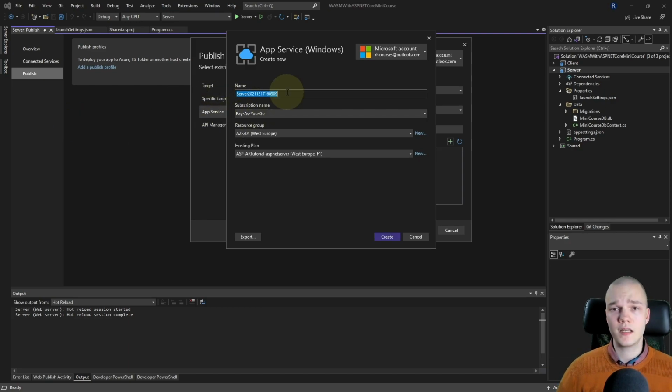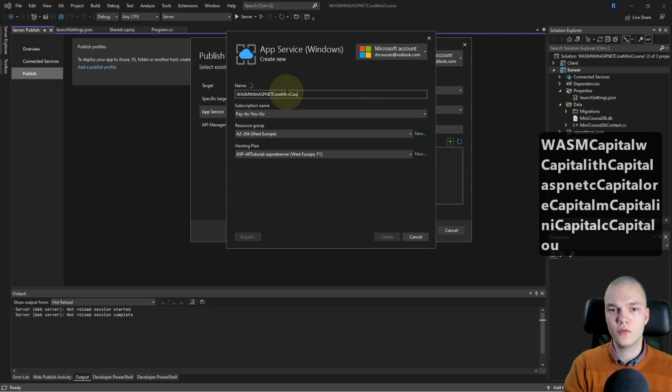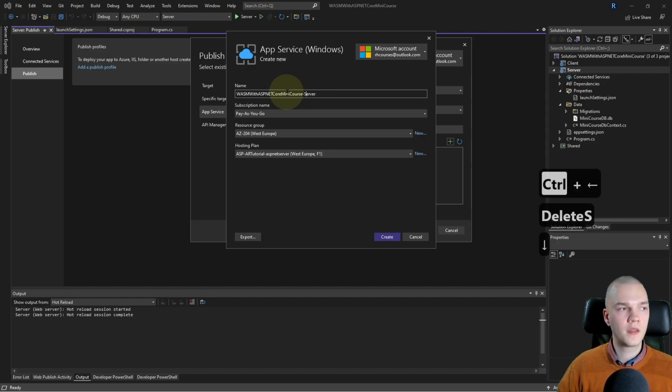I'll name it the same as the solution and just append -server. So WASM with ASP.NET Core mini course -server. Alright, and I'll use the pay-as-you-go subscription.